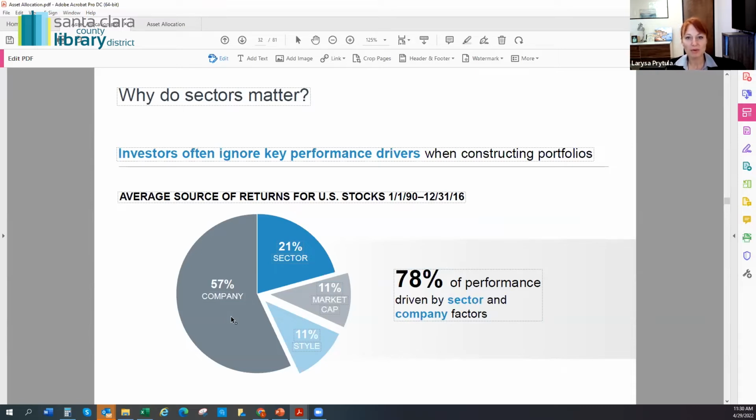Once I determine that percentage, the second question is, in the stock area or in the bond area, where should I be? What kind of sectors should I consider? Do I stick to US large companies? Do I go internationally? Do I go into consumer staples? What would be the ideal environment for me at that time? And this all depends on your risk tolerance, time horizon, need for income, and also your risk assessment.